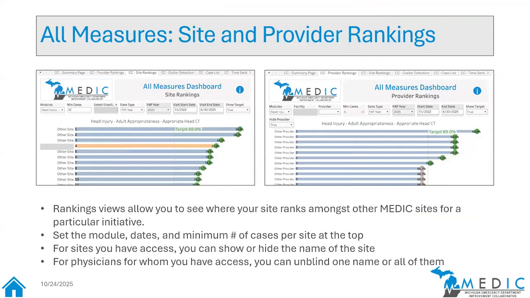Again, you're just hovering over these things and it'll give you a little bit more information. All right, so now I'm going to go through each of these individual tabs fairly quickly, just to give everyone some orientation of the tabs. A lot of folks, I've gotten emails about these views in particular. These are the site and provider rankings views. You should see your own site unblinded, like all the rest of the views on these dashboards. You'll see your own data unblinded, and then you will see the other sites de-identified.